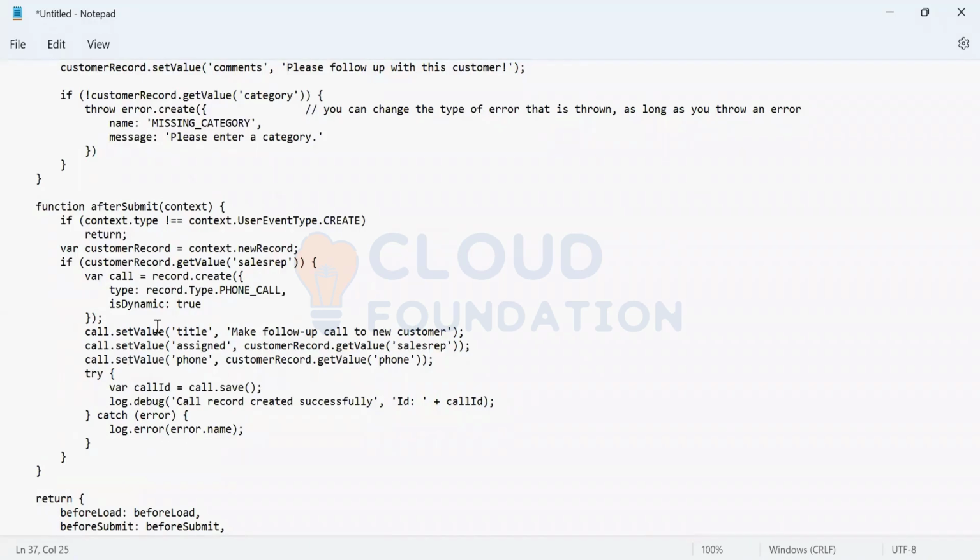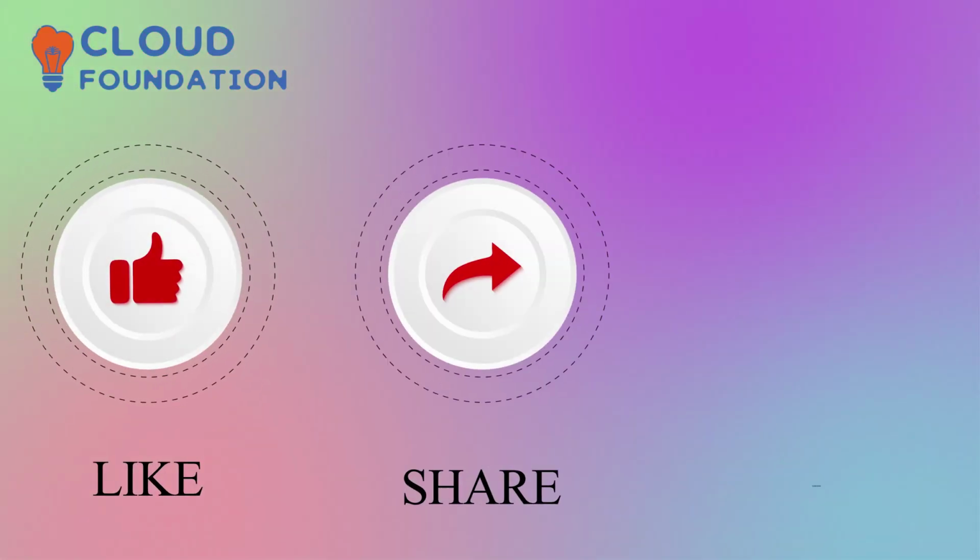So customer, as soon as you select the customer name,